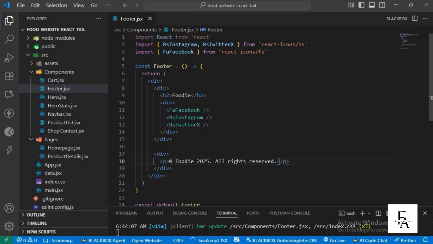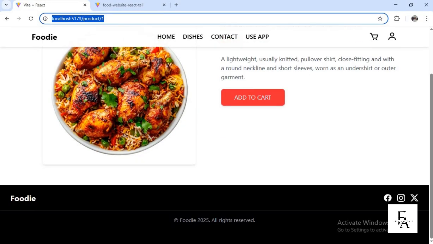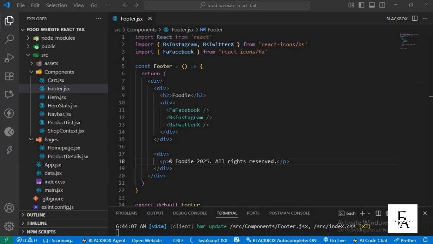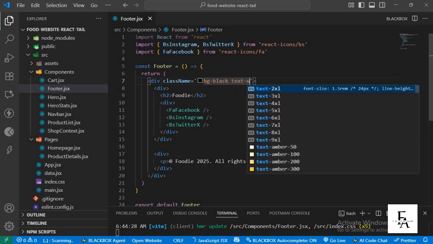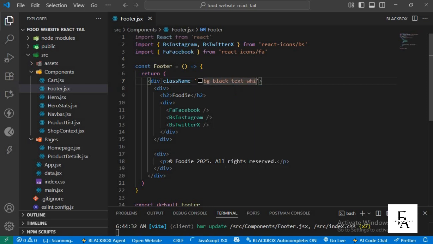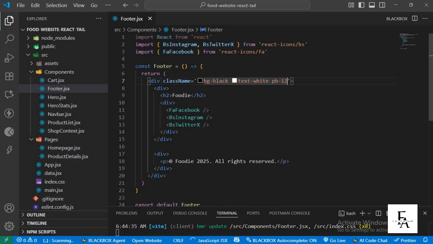So this is what the footer looks like now. Very simple. So let us start. It's going to look exactly like this. We'll start with this div tag. Class name. The background color would be black. All text color should be white. We'll add a padding bottom of 12. Then for the second div tag,